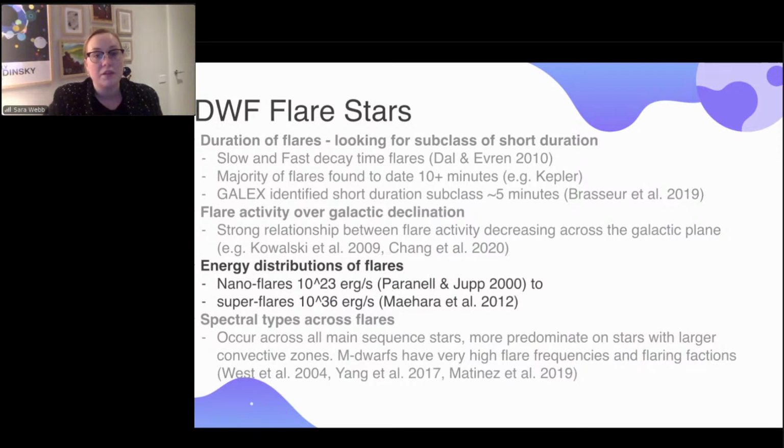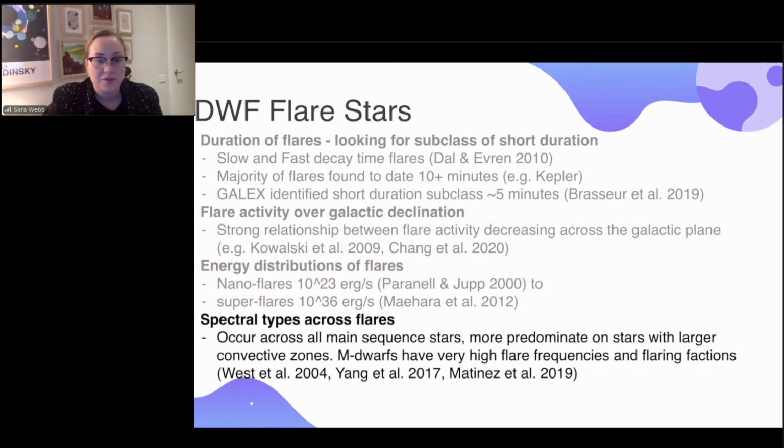And one of the motivations for this study is we wanted to see, can that amount of energy, very large amounts of energy, be released in a short duration flare? So be released over a 5-minute period or so, or do we need long duration flares to do that? And then another thing was to also investigate, do short duration flares happen on other spectral types? Is the reason we see that most flares happen on M dwarfs just because short duration flares are happening on G stars, which turns out not the case, again, because of convective envelopes, but still we wanted to double check that now that we have the data to look at these fast cadence flares, what are they doing?